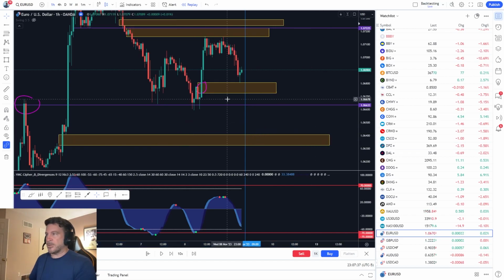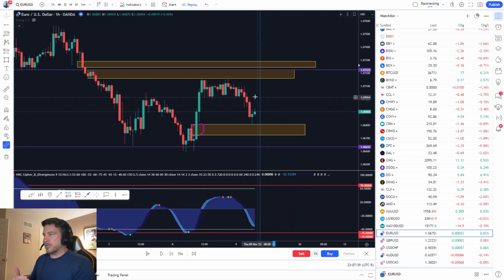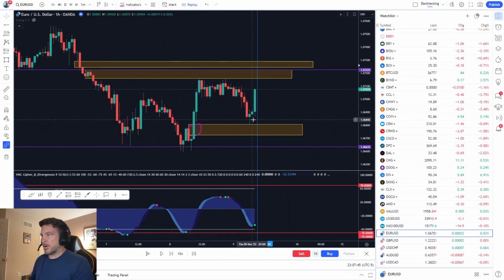The next thing I do, once I have these drawn up, this is about 7 o'clock in the morning, I'll go over one more candle bar here. This is about 9. This is when I start looking at the market and looking for my entries. So I'm going to drop down to the 1 minute. Now, you don't have to go down to the 1 minute. You can go on the 5, the 15, whatever you want to do here,